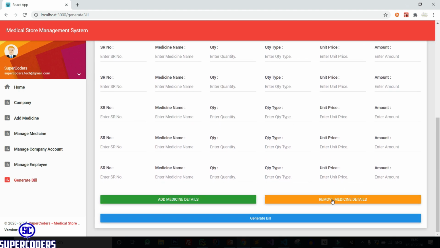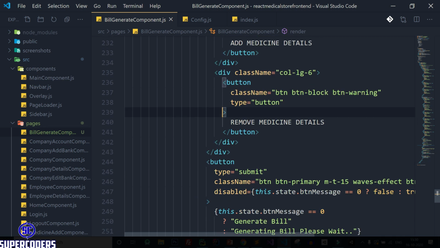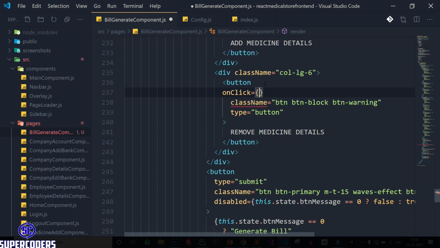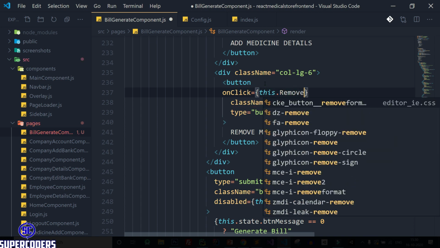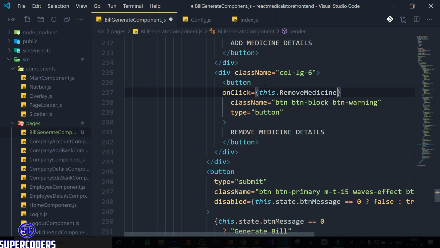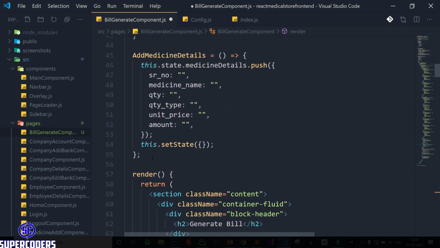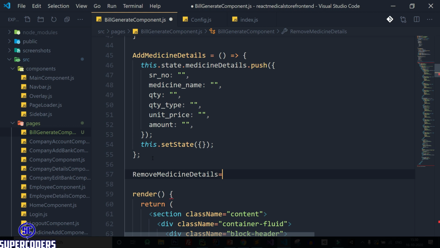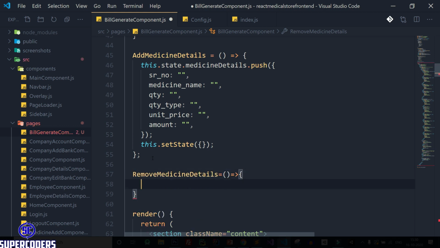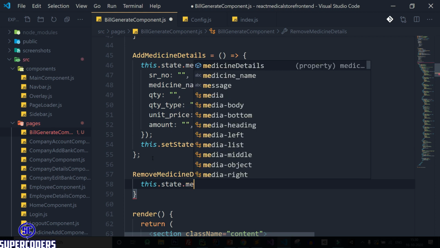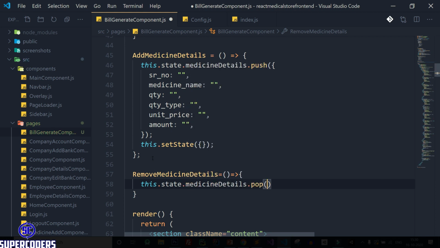Now after that, let's work on remove medicine details. So let's see. On click equal to this dot remove medicine details. So copy it and come to top, paste it, arrow function, this dot state dot medicine details dot pop.